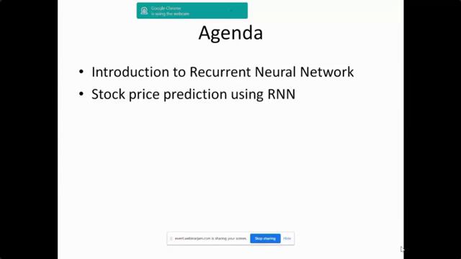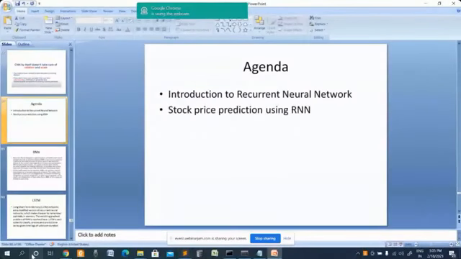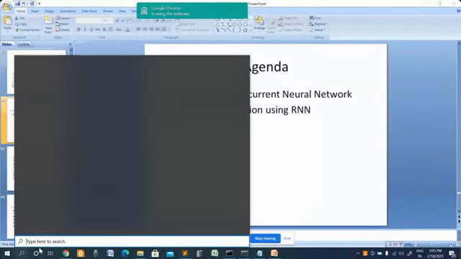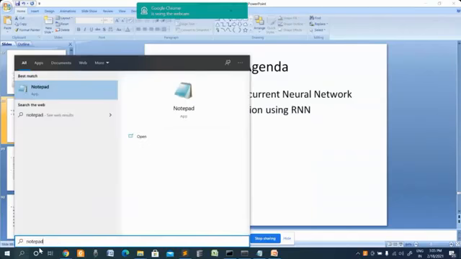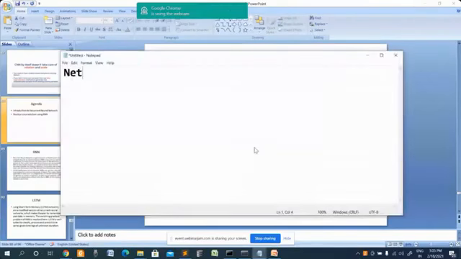Just to recall whatever we have done so far: in the first session, we started with the neural network.